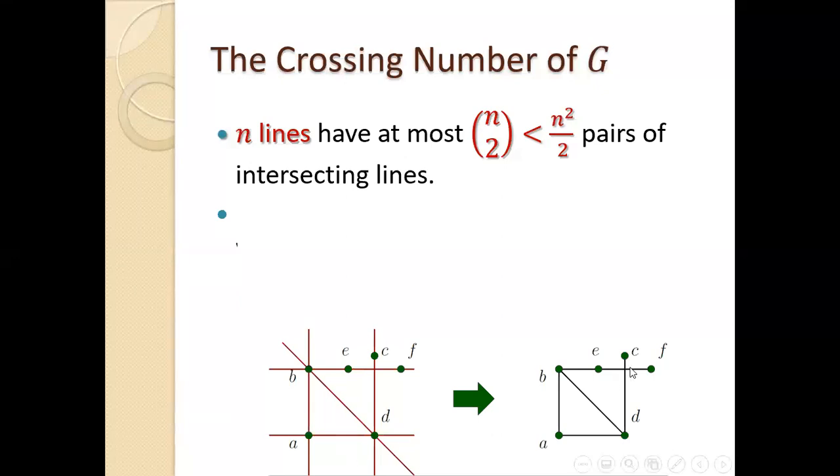Every crossing here, we can use this specific drawing of the graph if we want, right? We can keep the points where they are, keep the edges on the lines that they came from. How many edge intersections can I have when I do this? I just draw the graph the way I got it. Every vertex is where the point was, every edge is where the line was. How many edge intersections can this lead to?